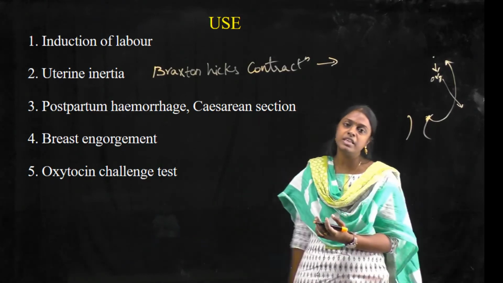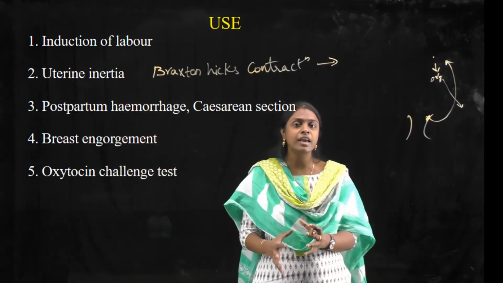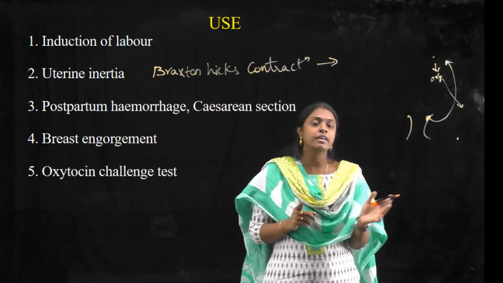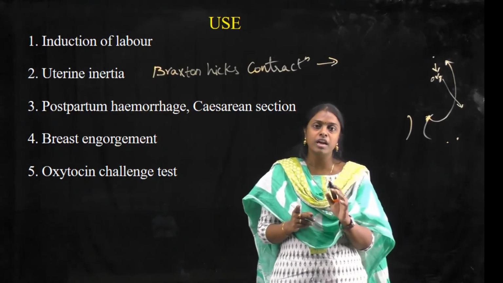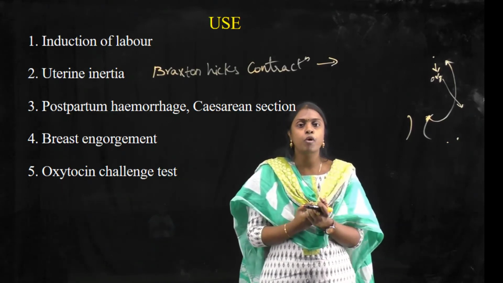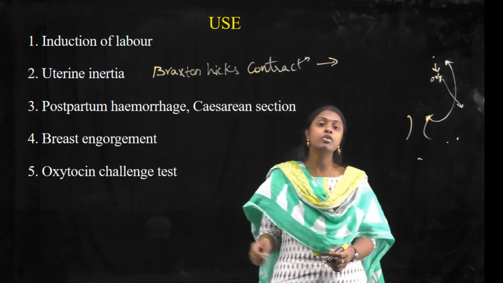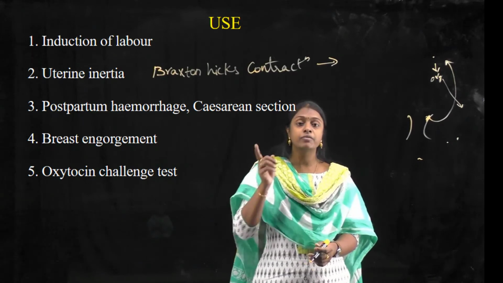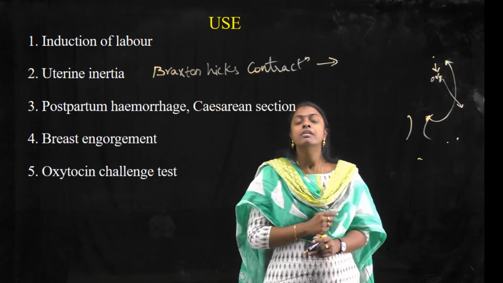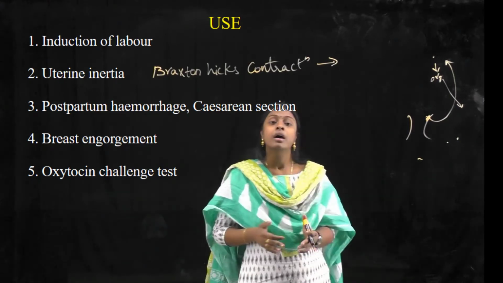So when we are seeing this uterine inertia, we have to be very careful that those contractions are not false contractions, and if we are giving it for a false contraction, we have to inject more oxytocin, and that will cause more problems to the mother and at the same time to the fetus also. And we have to give this through IV. And one more thing, we should not give this oxytocin when labor is progressing.